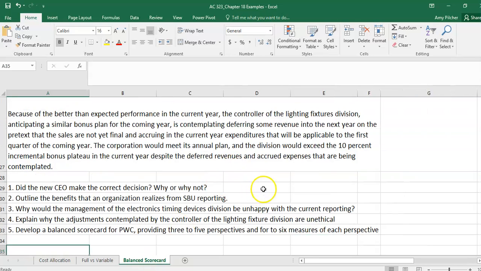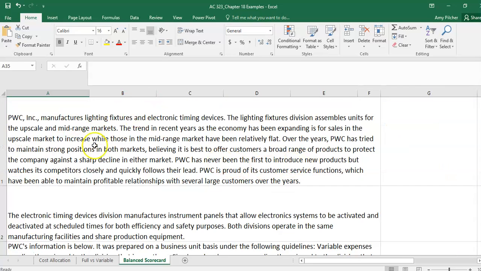Our last example in Chapter 18 is looking at a balanced scorecard measure. So we have a lot of information about this lighting fixtures division and how we calculate our bonuses. We have this 10%, we have lighting fixtures and electronic timing devices for this company. The company has really just not been very innovative, and does have regular customers,